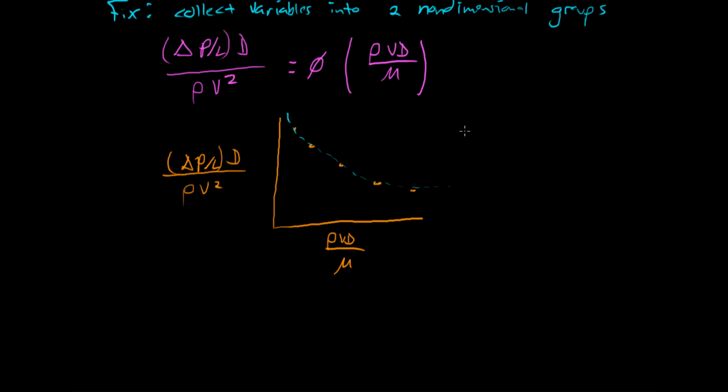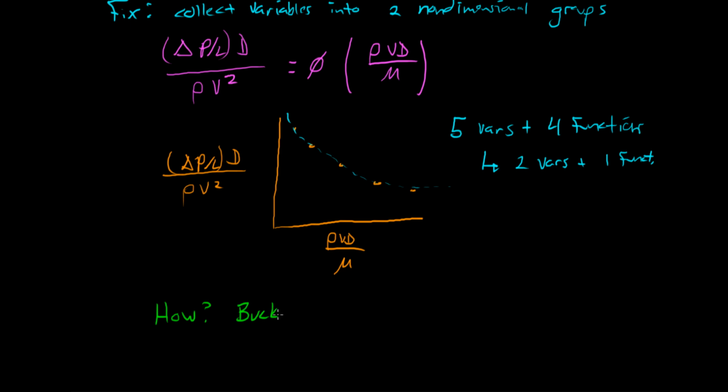And so this is really interesting magic that I've done. I've taken 5 variables and 4 functions, and I've turned them into 2 variables and 1 function. And when you say how, I say the Buckingham Pi Theorem, which is the subject of the next video. Just to be really clear, what I'm saying is that for any fluid, I could vary this group